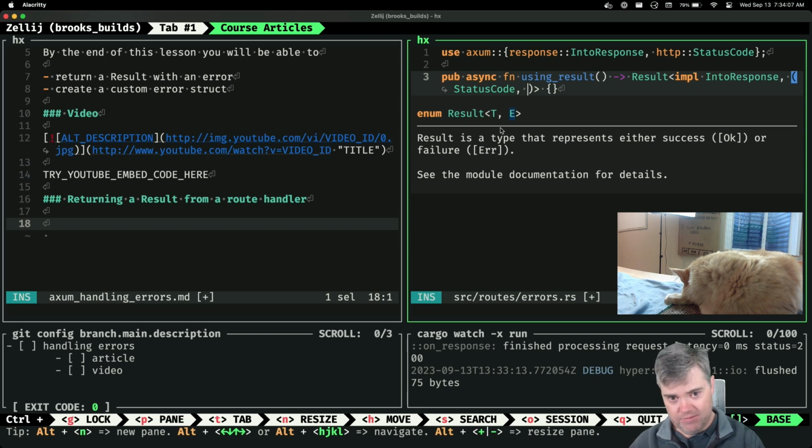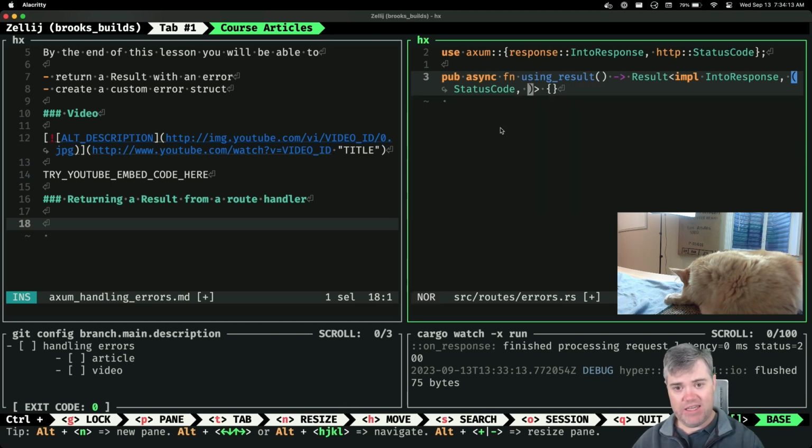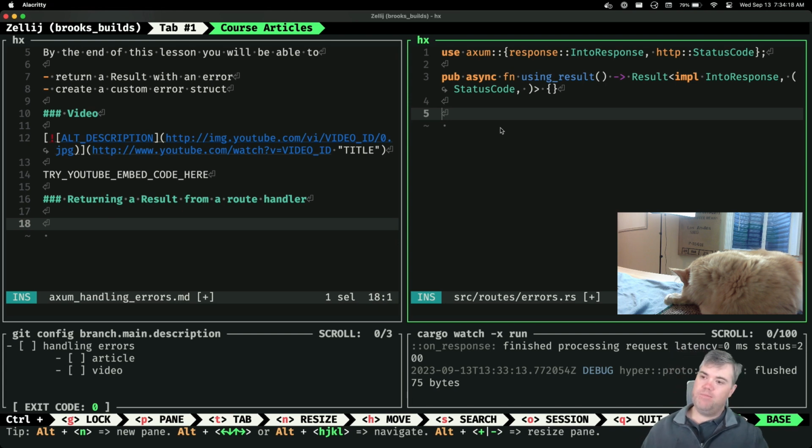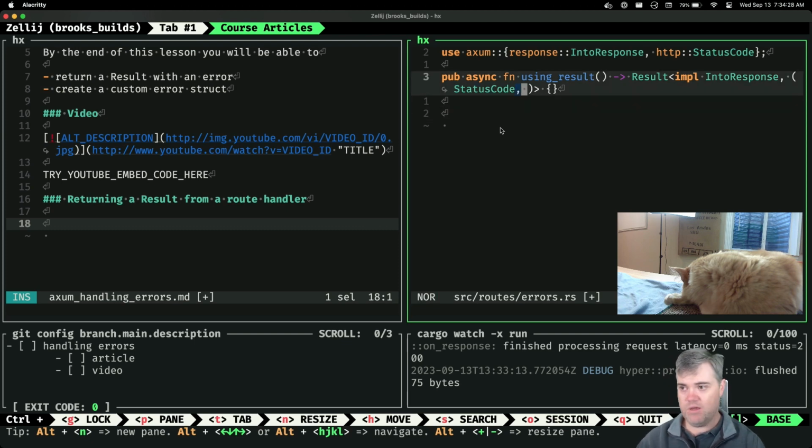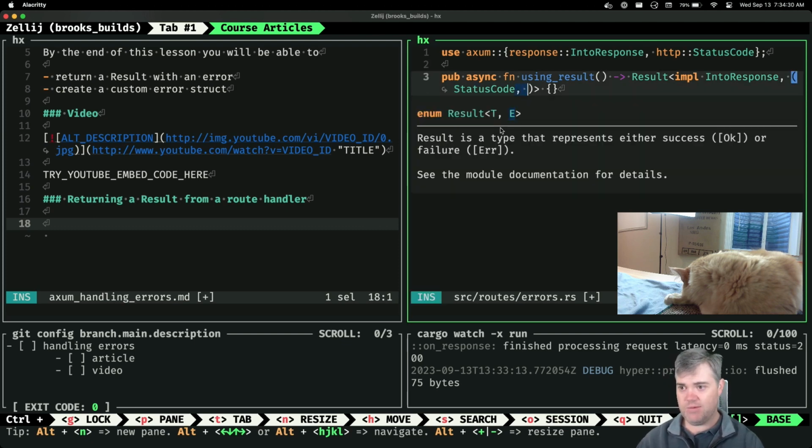I usually don't like to use just a string, although that's certainly possible. I would probably want a very specific error struct. But we'll probably start with a string and then move on to create the custom error struct and then return that.